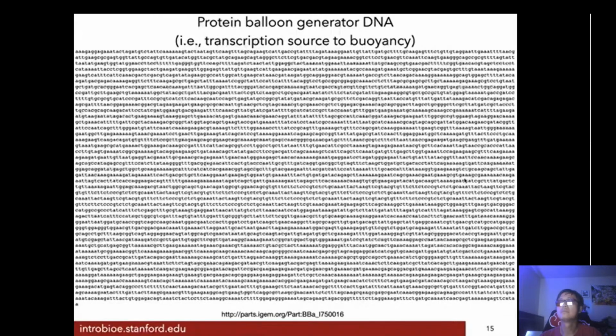And it starts with an A, A, A, G, G, G. I don't know what's going on there. This is about 6,000 letters, it looks like. You have to be an expert in this to understand what all the letters do. And that's okay. Maybe that's what you want to do. That's cool. Right?